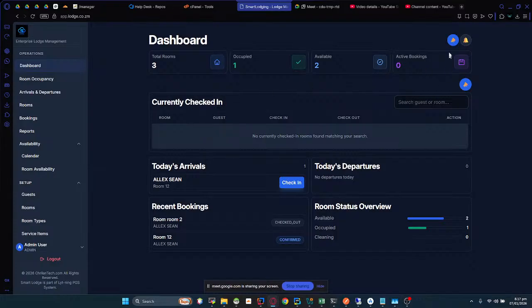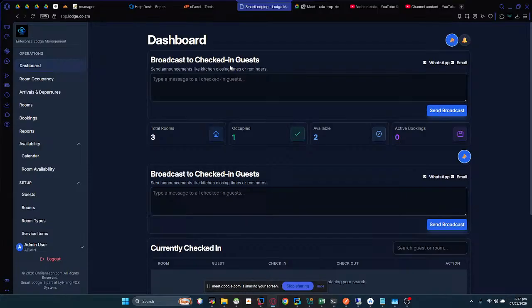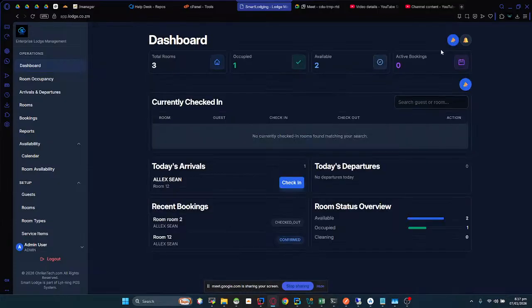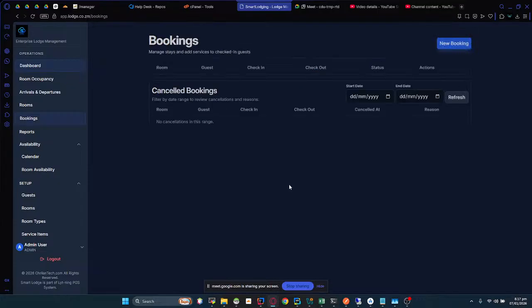We'll also be able to send out broadcasts to our checked-in guests, especially the people who are already checked in. For example, an announcement that the kitchen closes in 30 minutes, that kind of stuff. So you'll be able to send your broadcast through here, through WhatsApp and emails. We're just not going to do that now because I don't have anyone checked in. But if I check in our Alex,